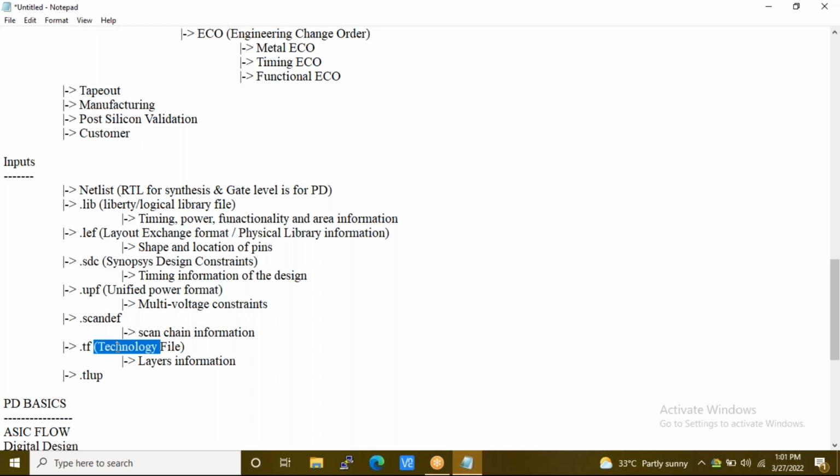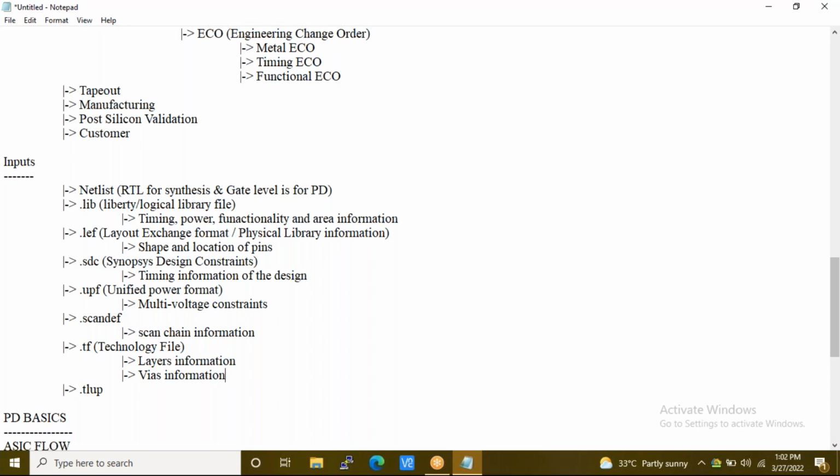The specifications of the physical implementation of the wire will be present in this technology file. Now layers information, multiple vias information, all that will be present in this technology file.